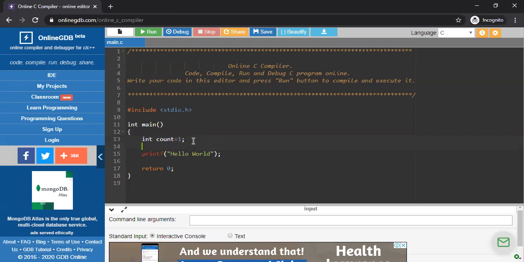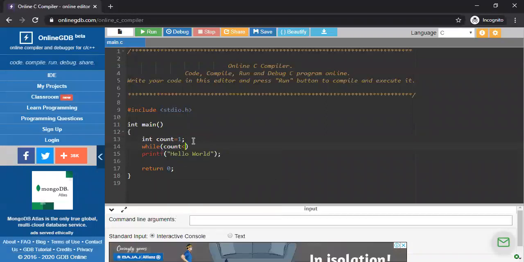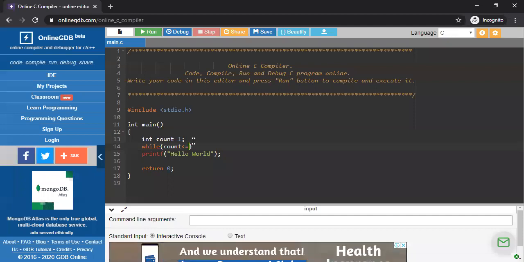Next, here I'm using while. After that, count less than or equal to 4. This is my while condition. Count less than or equal to 4, and I initialized my counter with 1.